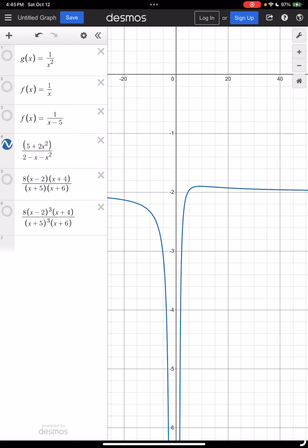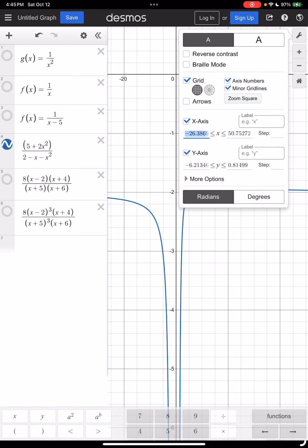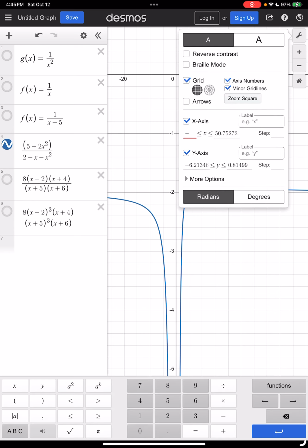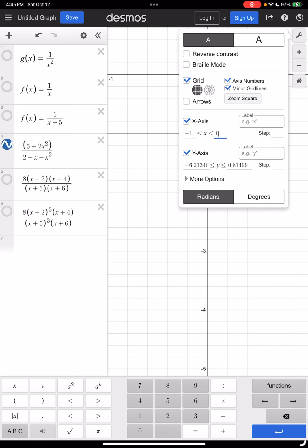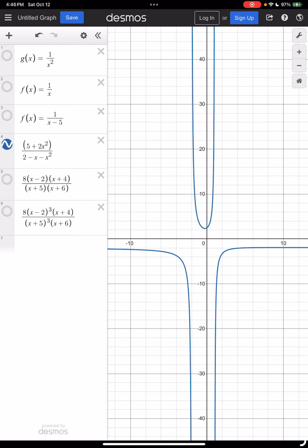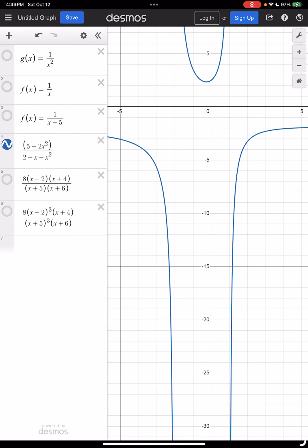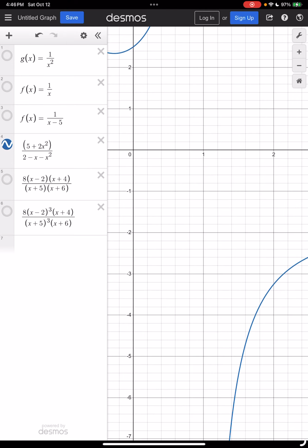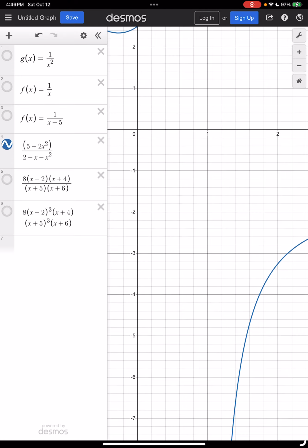What do I want? I want an elongated x-axis. So let's go from like negative 1 to 1. And then, actually, I want it a little bit bigger. Oh, look at that! I fixed it. Beautiful. So you can see at x equals 1, this line right in the middle that I'm